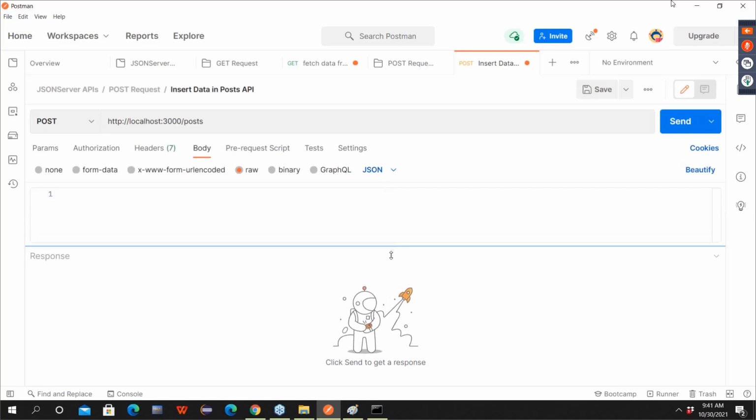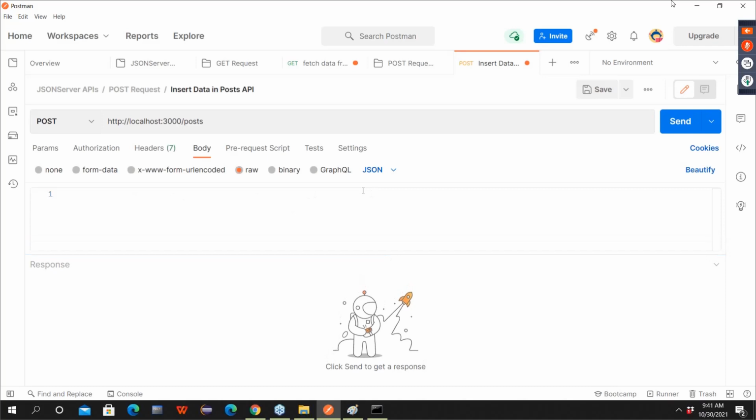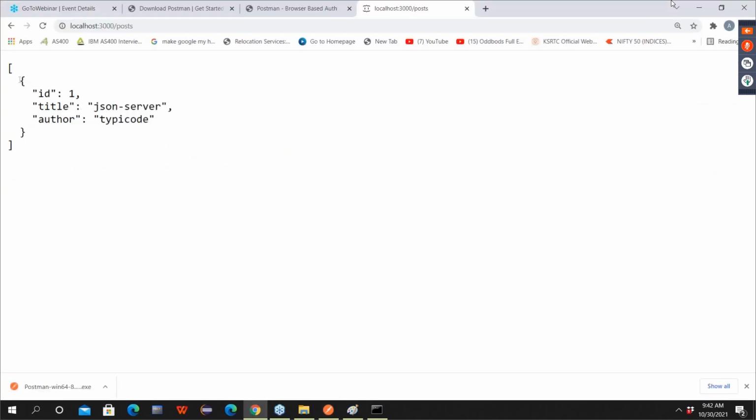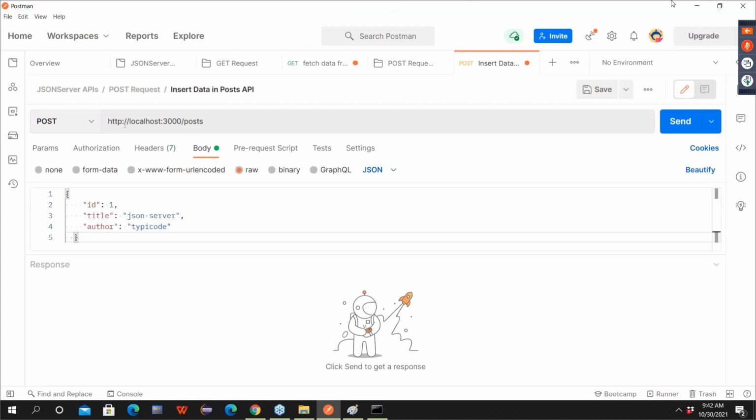So now guys, here you can give what object you want to add. What is the one object it is having? ID as one, title is this, author is this. So let's say I will add one more object here. See, you can validate your entire JSON here.